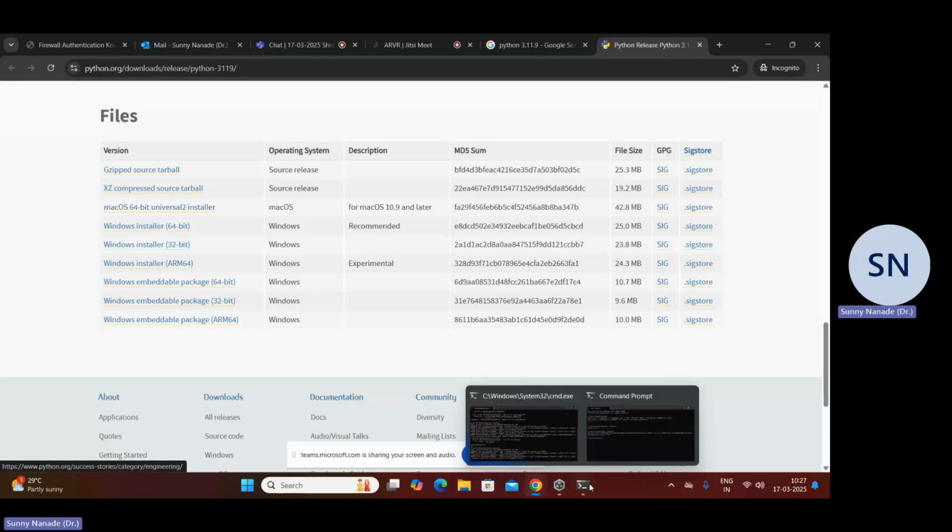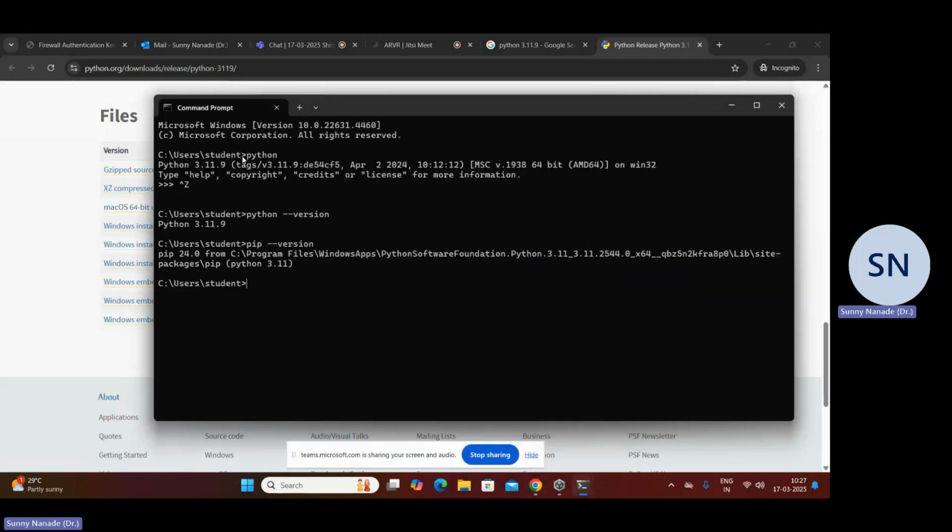The reason the command prompt is able to understand Python is that in the system variable we have added an environment variable highlighting where the location of Python is. Once these two things are done, next, as discussed, pip install mediapipe